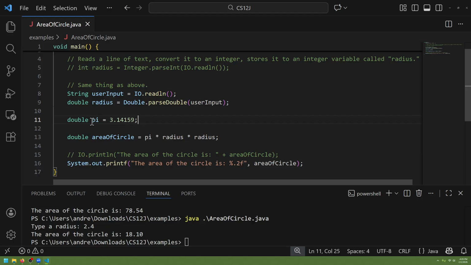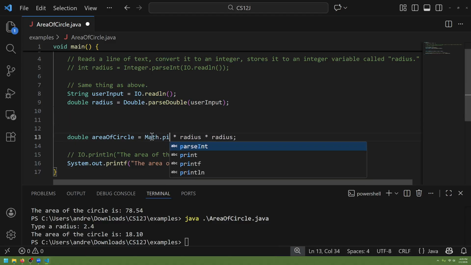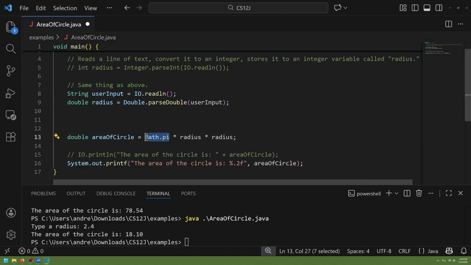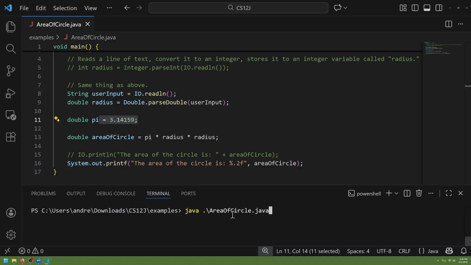It's actually more appropriate to grab pi from a library. I forget which library it comes from. I think the math library. But you don't have to hard code this. You can probably do something like math.py or something. I forget the exact name of it, but I'm just gonna do this temporarily. So you could store pi as here, but there is